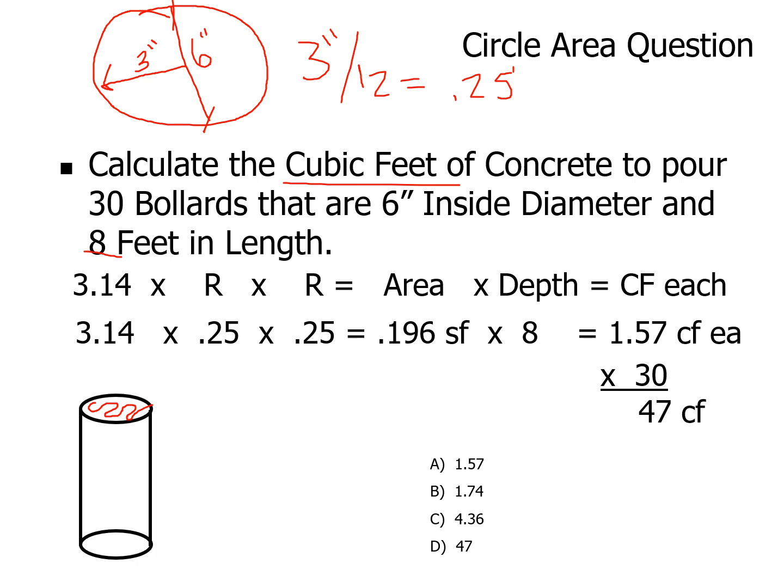And notice I put some of the numbers down there. Now notice that answer A is if you missed and only calculated one of them, which some people will. When they come to that number, they notice that number matches one of the numbers on the test, and they'll stop. They won't even finish it. Others will, without thinking, divide it by 27, and all they see is, hey, the answer on their calculator matches answer B. They must be right. And then there is 1.74, but the question wants to know how many cubic feet. So answer C is just a mathematical calculation, and then the correct answer is answer D.